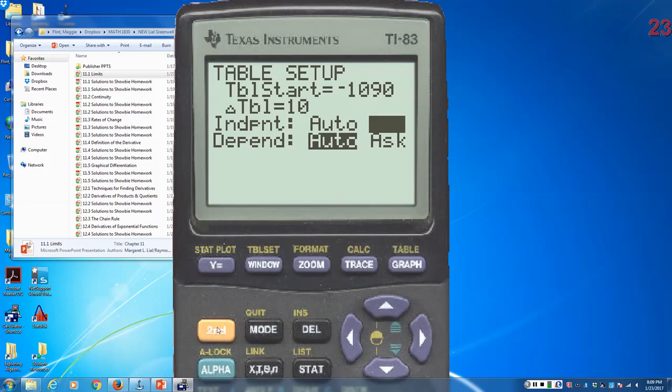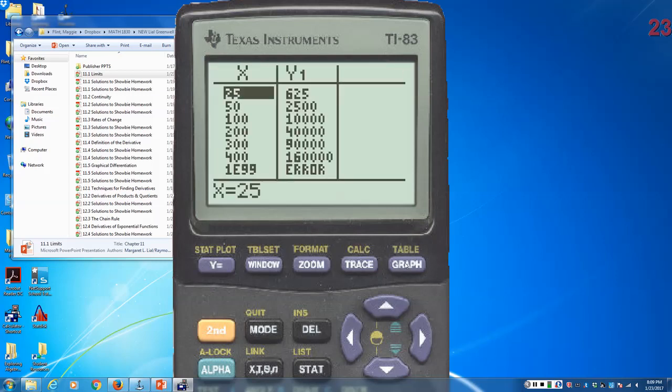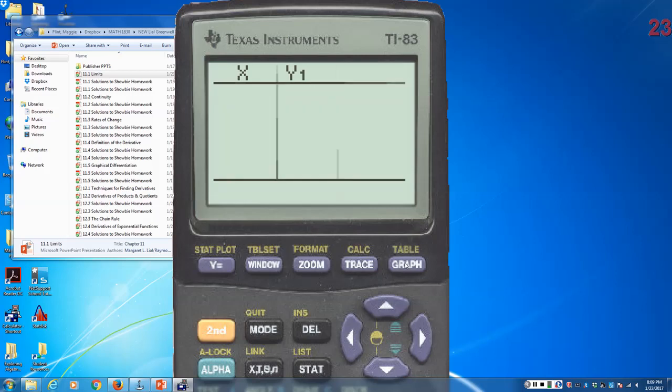Once you get that done, hit your second button and the graph button. I've got a bunch of numbers that were already in my table. If yours has some numbers, just hit your delete button until they all go away, because we want to start this table out the way that we want it. Okay? I'm going to pop back to the